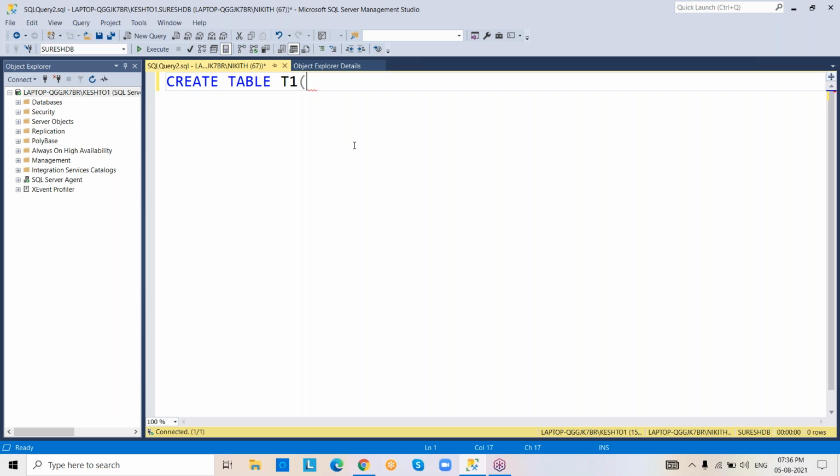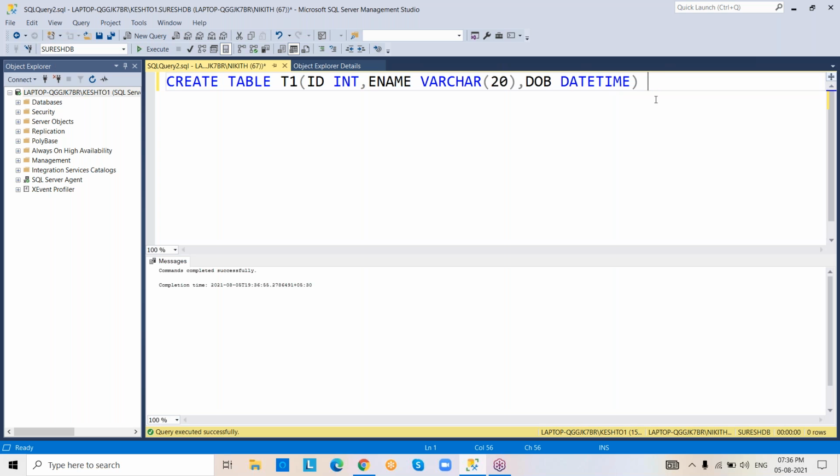Table name I have given T1, start bracket. Inside the bracket, you have to define columns. Suppose ID column, integer data, comma. Ename column, varchar of 20, comma. Date of birth, in shortcut I am taking it as DOB, datetime. Close bracket and execute.